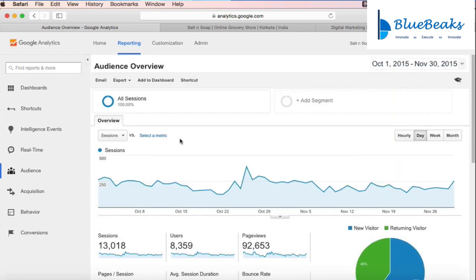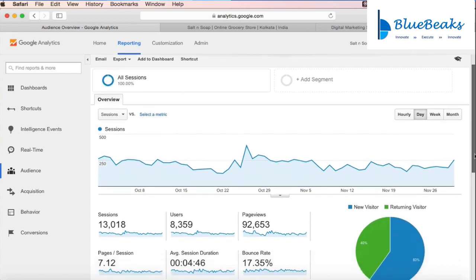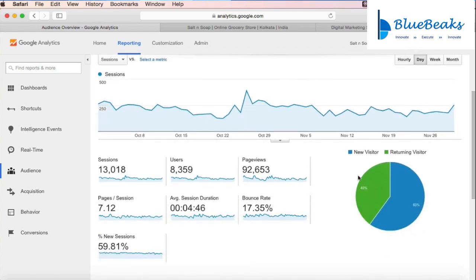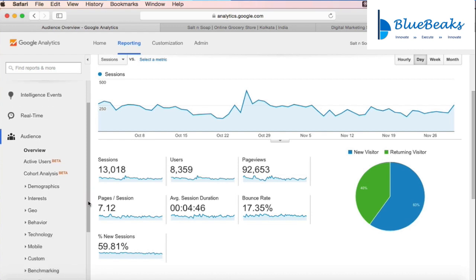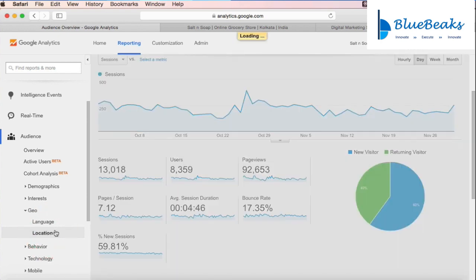Now, in order to understand the rest of the analytics report, I will go to one of the audience analytics reports based on geo. We will come back to audience analytics and study it in detail. However, for the purpose of understanding the layout of the report, we will go to the geo analysis of the audience. So here, if I go to geo and location,